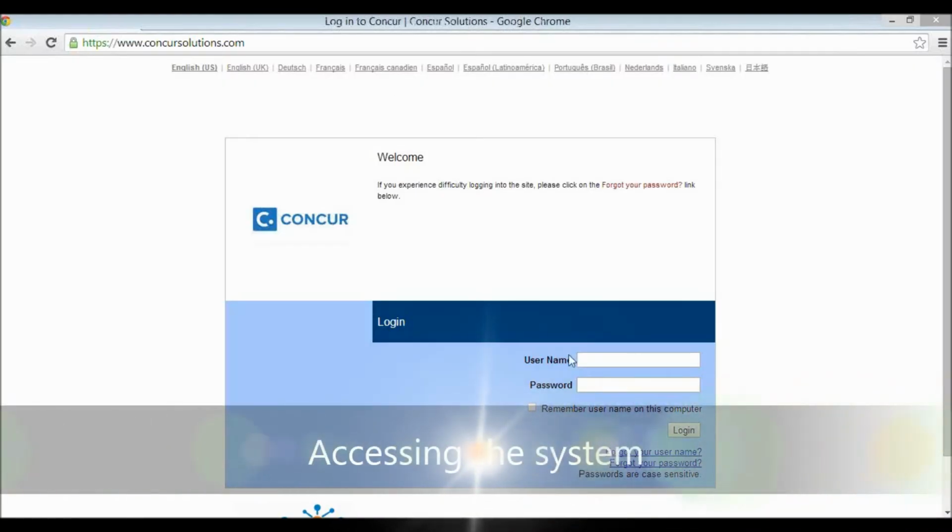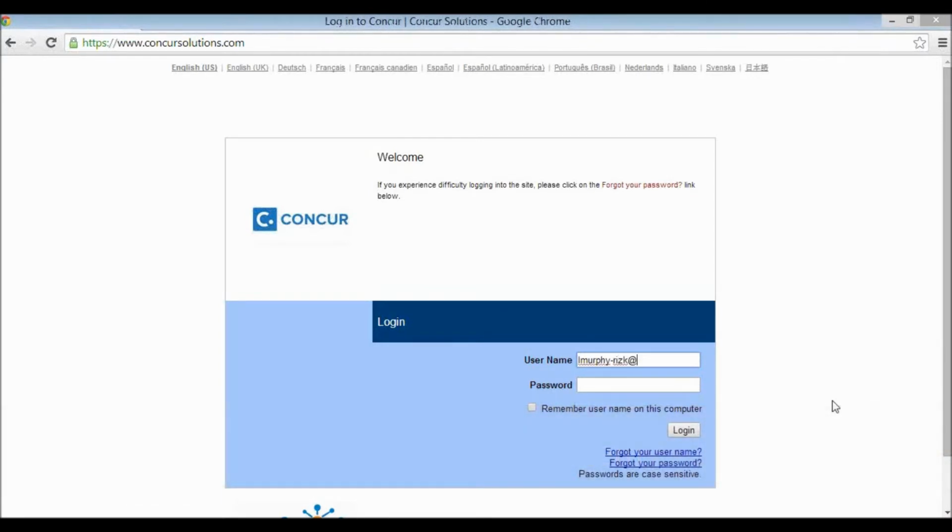The first thing we do when you want to log in, it's really simple. You're going to go ahead and put your email address in. Since I have already set up myself in the system, I'm going to go ahead and put in my